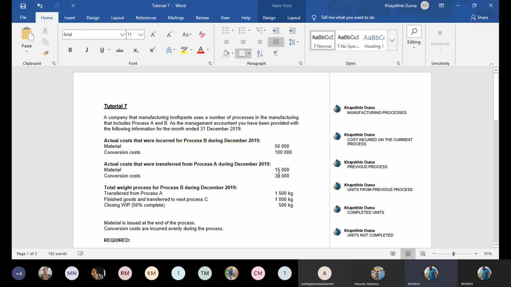these amounts. You just write process B, right? Try to take it to financial accounting. Process A, T account, then you'll have a credit entry of these amounts of 15,000 and 30,000 on the credit side, right? And then when you come to process B, you will open the T account and say process B. The first entry that you are going to put there is going to be this amount again, as process A. That's why I'm saying that what you transferred from that one comes to this one.